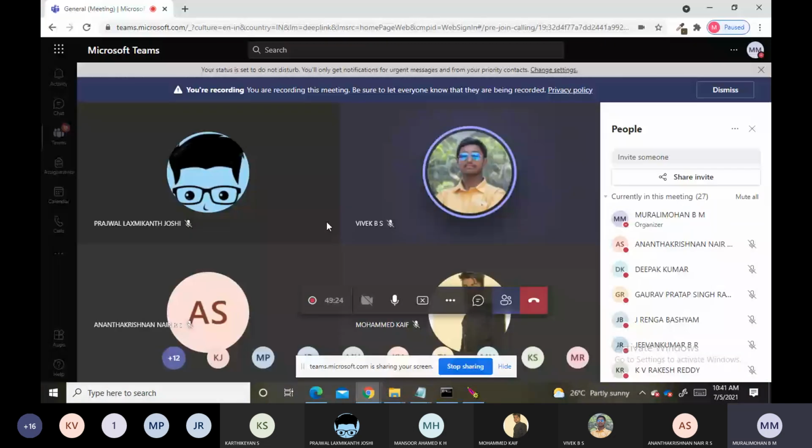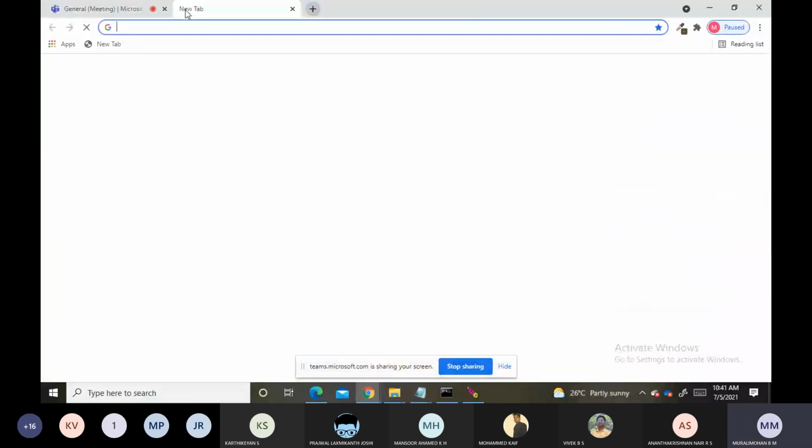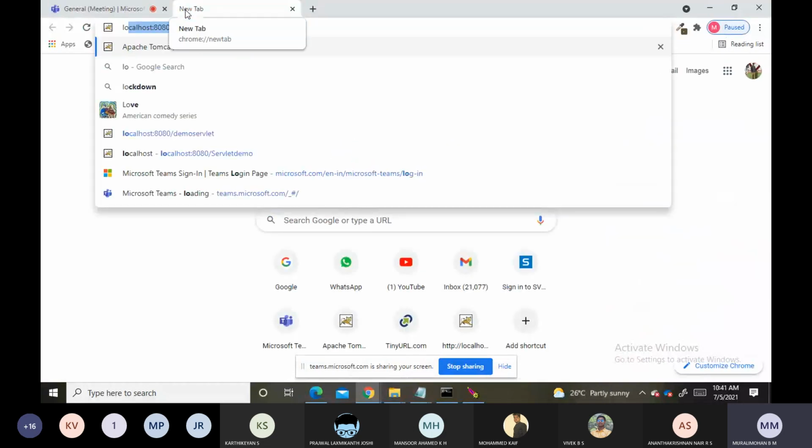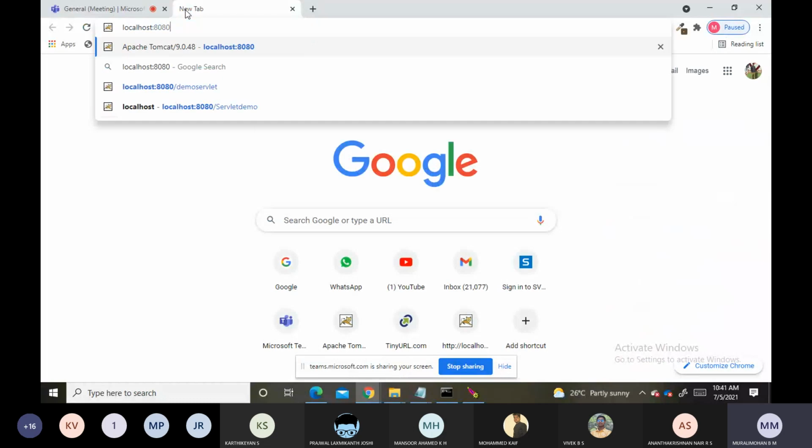Now we'll go to the browser and open a new tab. Here we will use localhost 8080. This is the default port number where this Tomcat has been installed.